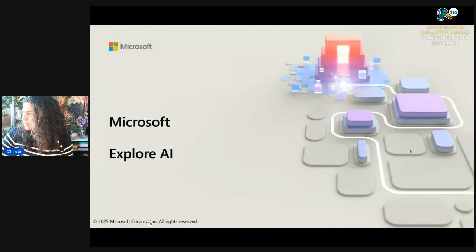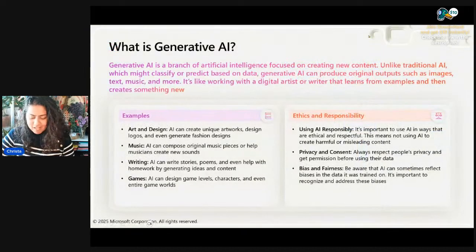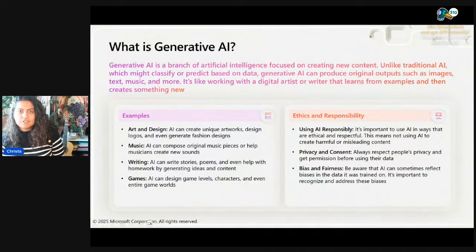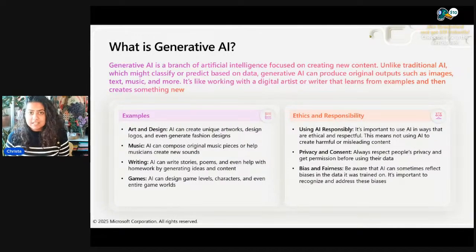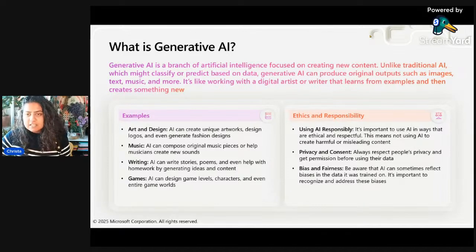So let's get into this. Before we get into actually doing any demos and looking at Microsoft Copilot, what is generative AI, right? Because Copilot is based on generative AI. So generative AI is actually a branch of artificial intelligence. We have a lot of different types of artificial intelligence. We have artificial intelligence that helps us look at images and detect if there is a defect or a pattern